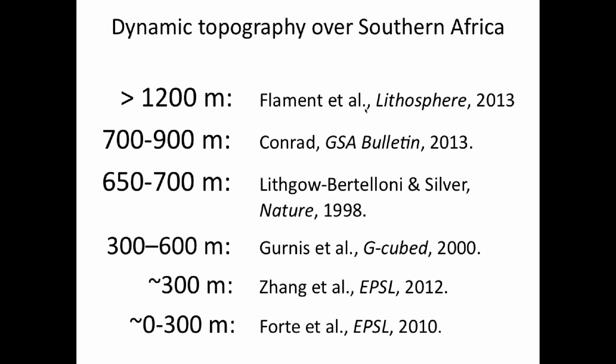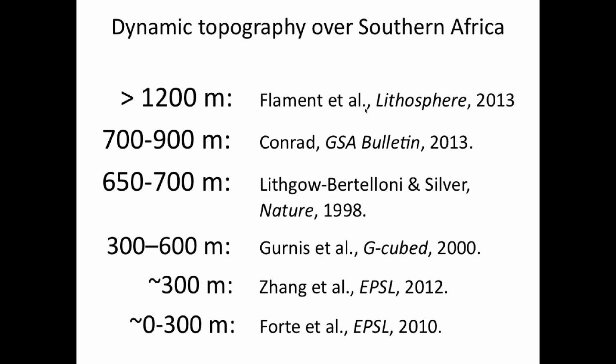Now there is a bit of a difference in opinion. These folks want 1,200 meters. These want 700 or 900. You know, if you're not too concerned, you could say, well, 1,200 isn't very different from 900. So they want 700, 900. This is 650 to 700. Well, 700, they're equal. 650 is just a little more than 600. So these are almost equal, and they come down. So really, there isn't much difference in all these, right?